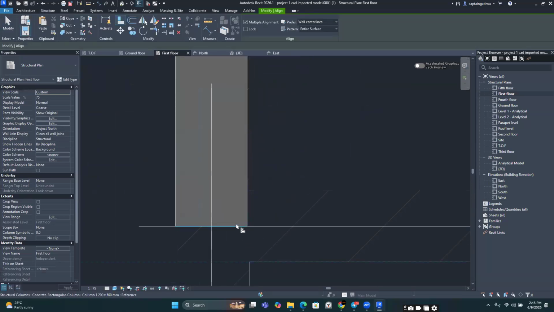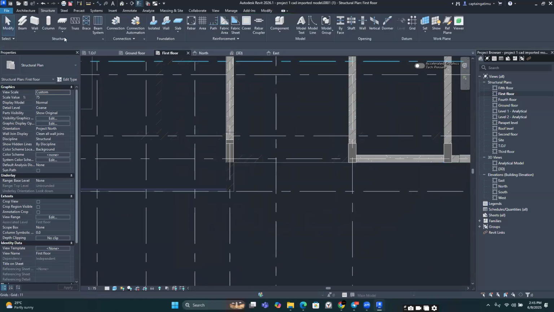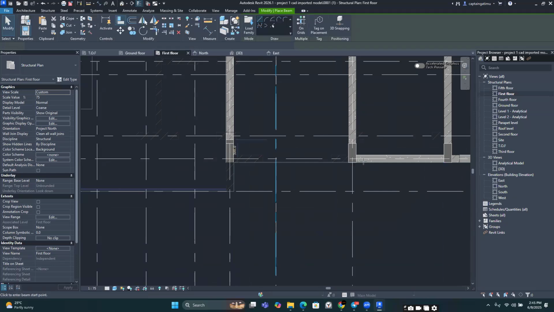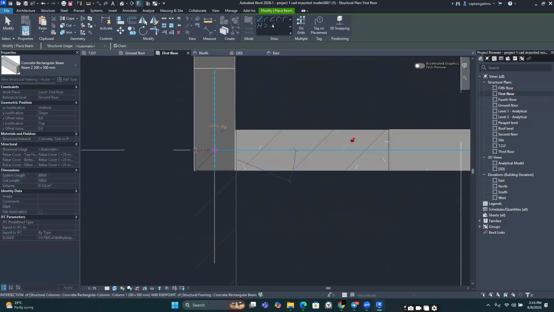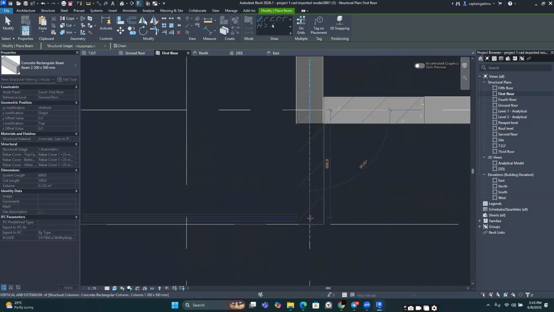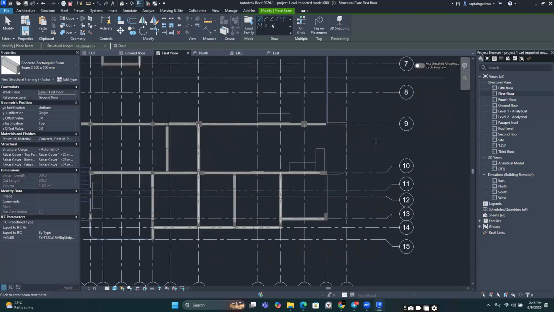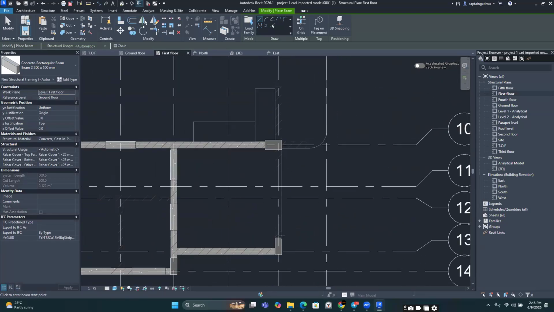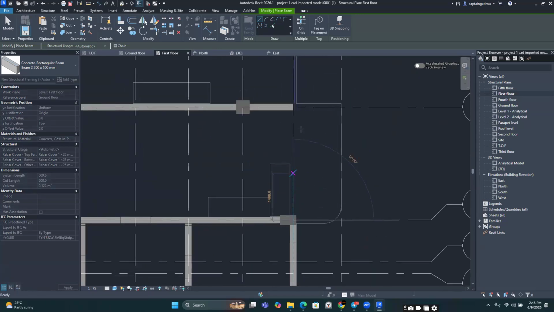So once I have it aligned, I can continue to place my beams. Okay, so from this section here to this section here, and then I have a cantilever here, so I can place it there. Okay, so you can see that took a shorter time than initially